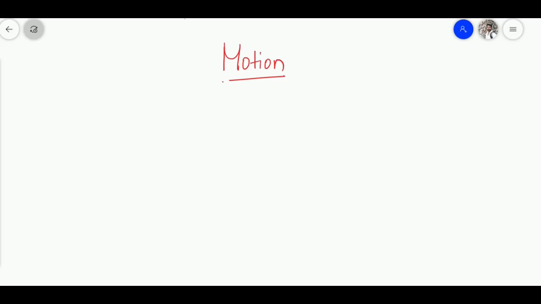In this video we are going to learn about the basics of motion from the grade 9 NCERT chapter, and subsequently we will be doing all the example problems and all the chapter problems at last. So first let's go with the basics. It would be a very good question to start with: what is motion?